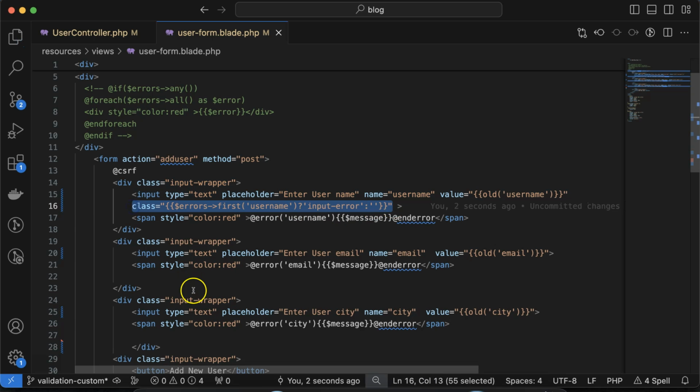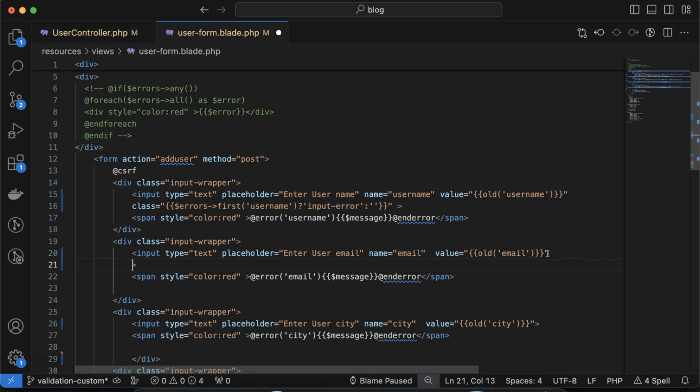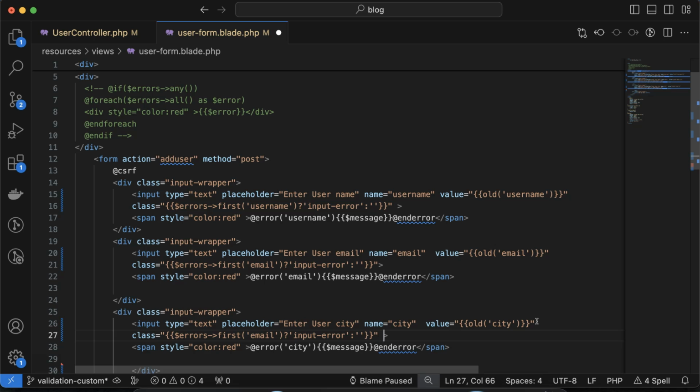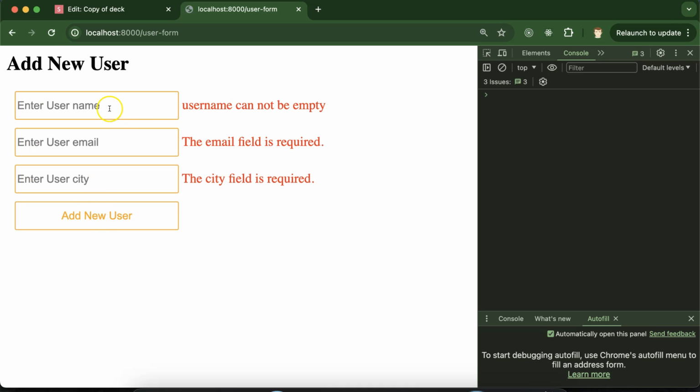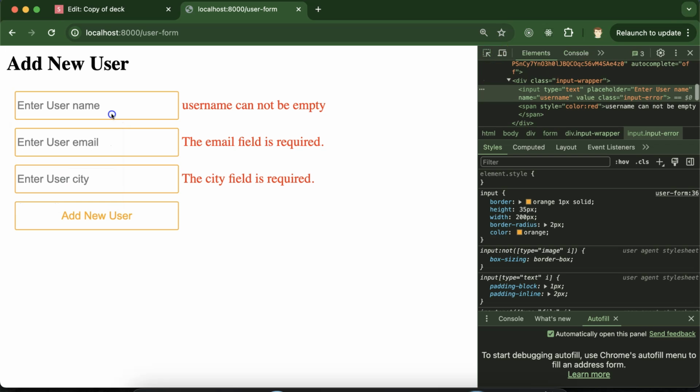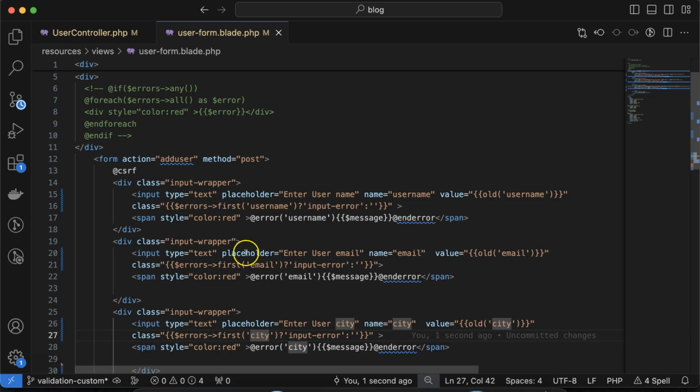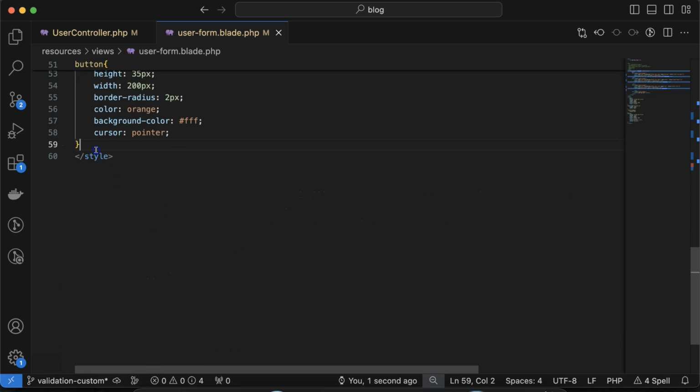And now you can do it with each of the input fields: for email, and last one for city also, right? So now if I'm just clicking there, then you will find there is a class, and the class is input error. And if there is no error, then there is no class, right? So what we can do is apply some style over there, dot input error,